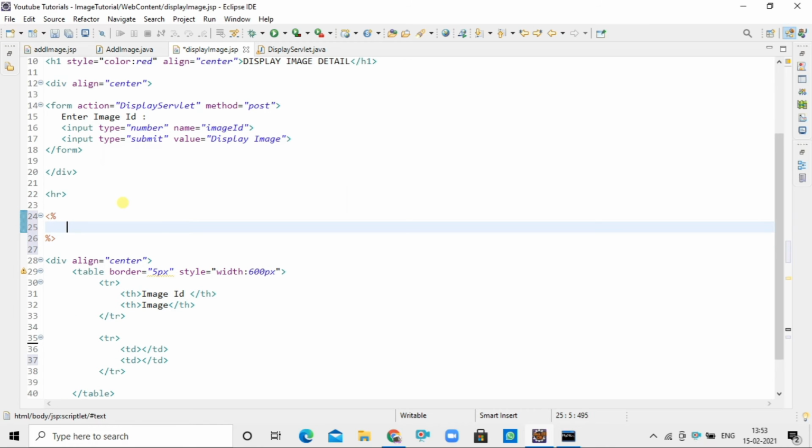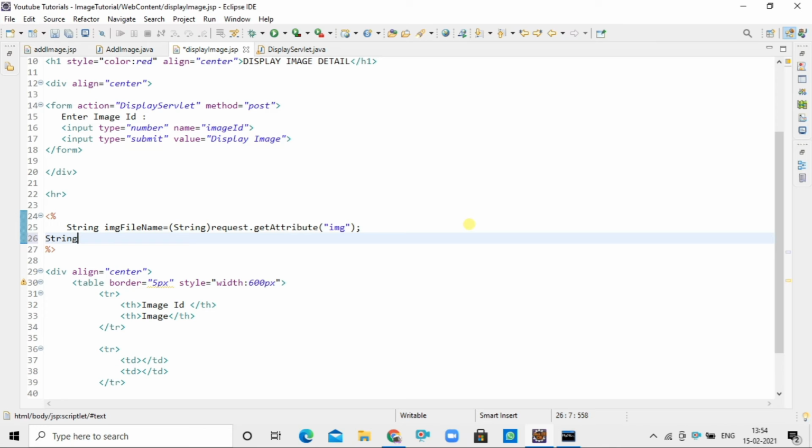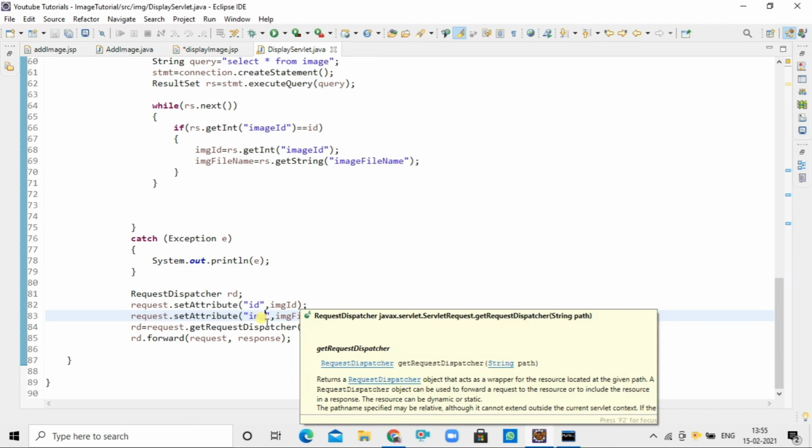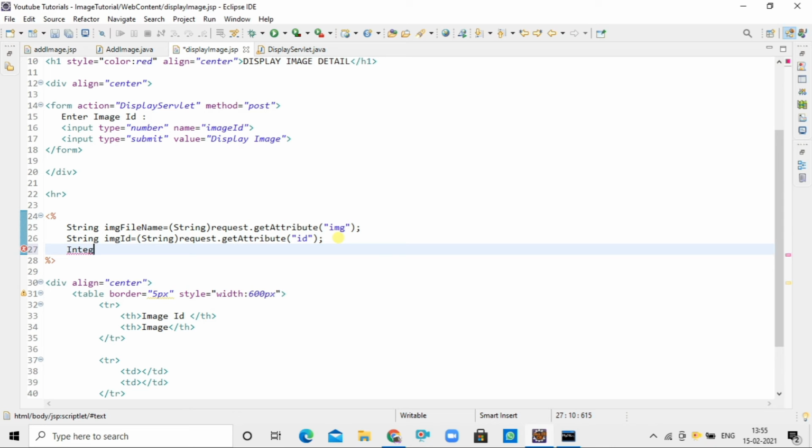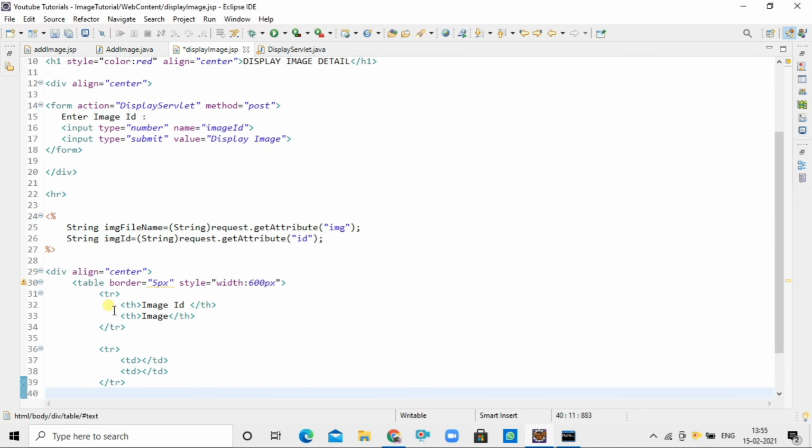Now in the display image.jsp page, I will use the getAttribute method inside scriptlet tag to fetch image ID and image file name. So we got the corresponding image ID and image file name on the JSP page.